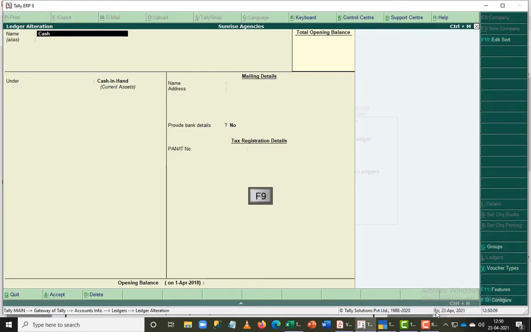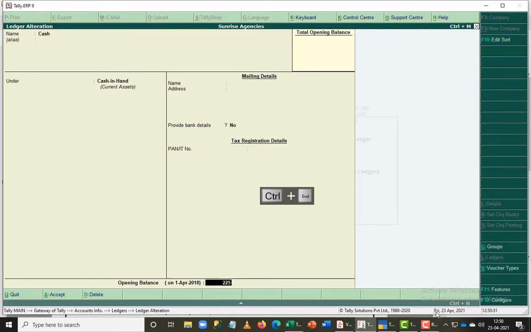Now I want to feed the opening balance at the bottom. To do that, I have to jump from the first line to the last line, because my opening balance comes at the last line. I can either give an enter to navigate to that point, or I can just give control end to jump to the point. So I'm using the keyboard shortcuts to go up and down. To go to the top, I say control home, and to come to the bottom, I'll say control end.